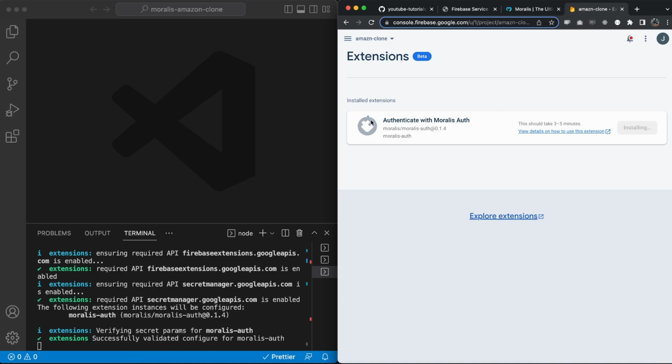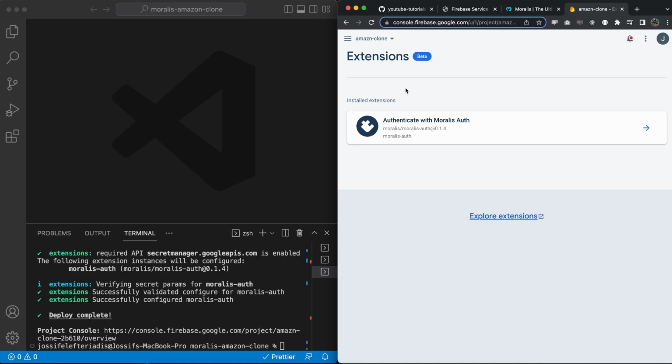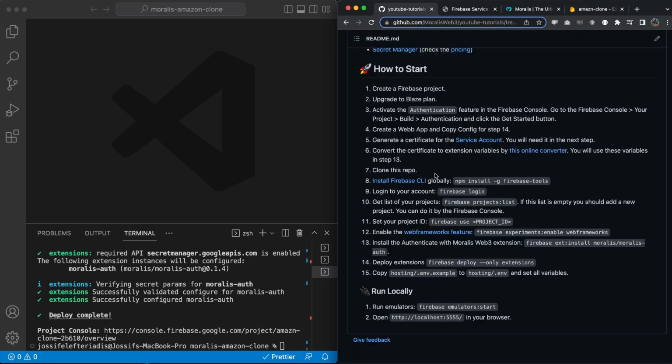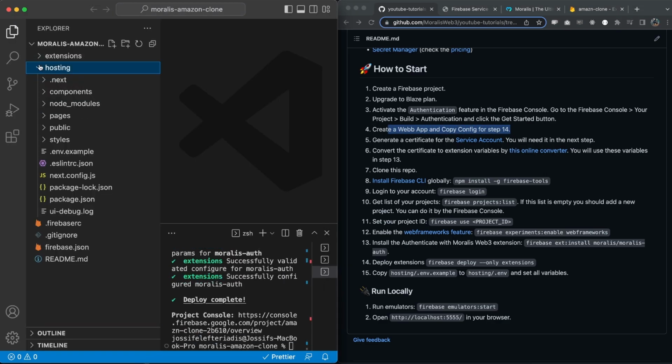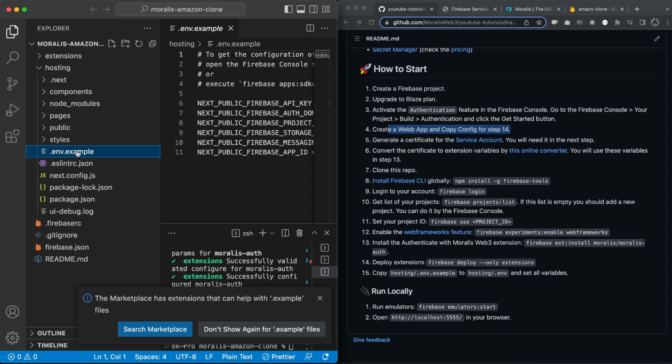And let's get back once this is done, and hopefully we won't get any errors and this extension will be deployed correctly. There we have it, the second time it went through, and we can go back to the README and see that we have the last step before we can run this locally, and it is to change the env.example and also add the variables that we created right here when we created the web app. So let's do that. Let's go to hosting and env.example. Let's rename this and remove that part